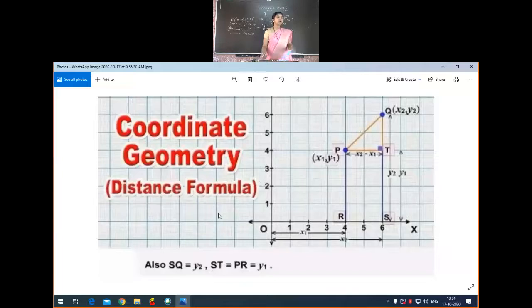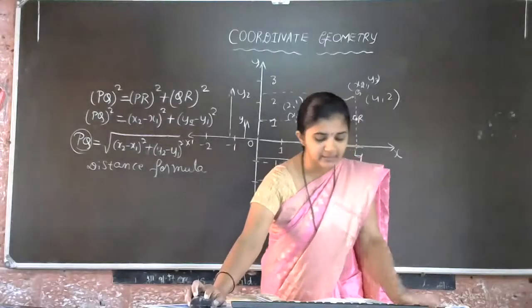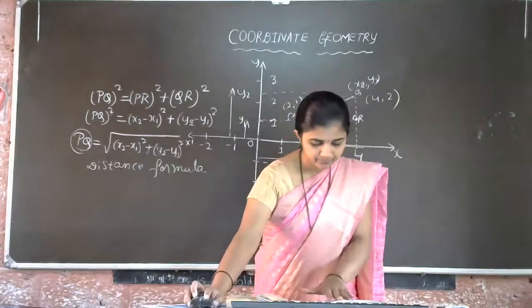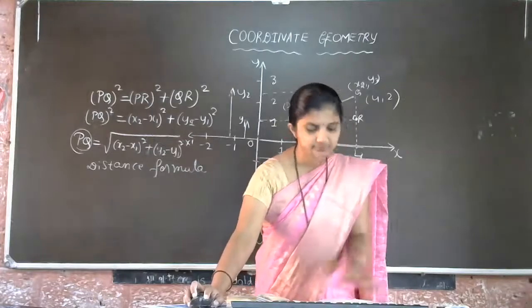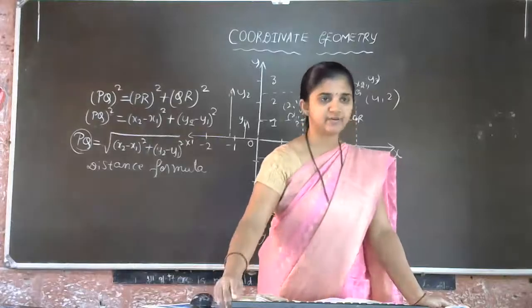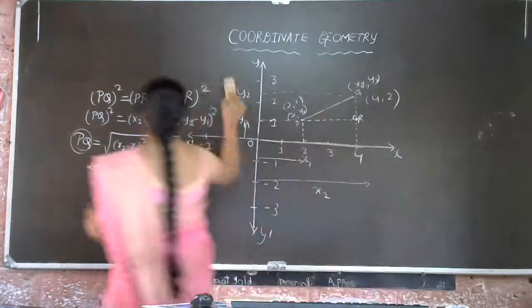See here, we have example problems. You can open your textbook. I'll work out the problems on the board only. Two problems I'll show because it is a very easy one. Then you have to work out the exercise part. So we'll take one example problem. Example 2 we'll discuss because it is very simple. First, in the beginning, we have to discuss the simple problem, then we have to take the complicated one.